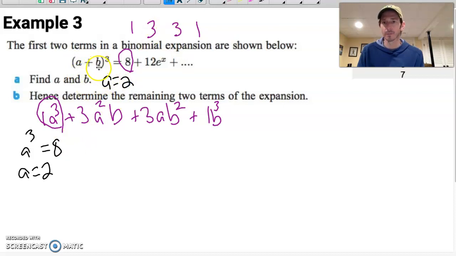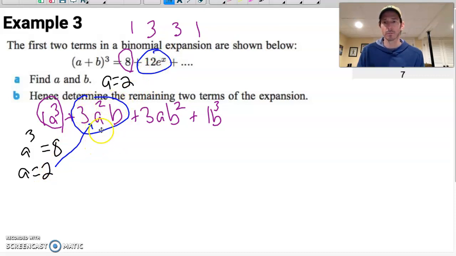Now I have to find what b is, so I'm going to switch gears and go to this second term because I also know the value of the second term is 12e to the x. Don't get freaked out that there's an e to the x. It just means it's in here and it's okay. We are going to expect some trigs and some e's, some ln's to show up from time to time. So what I already know is that a is 2, so I can put that in right there for a,